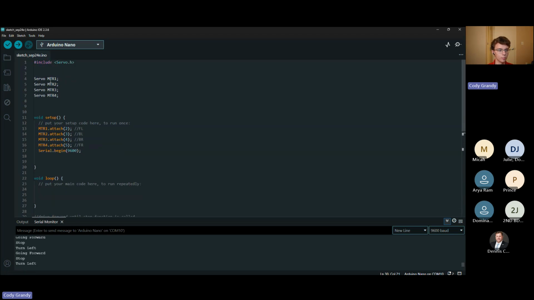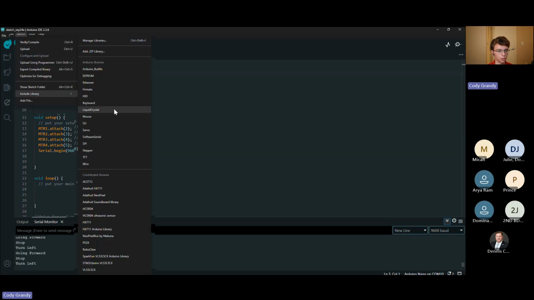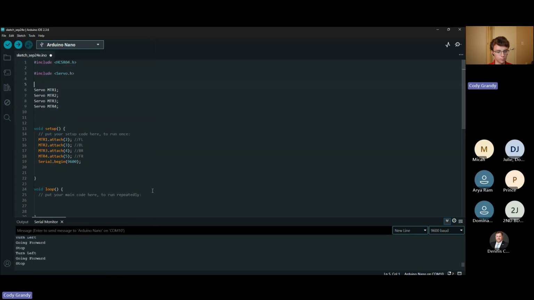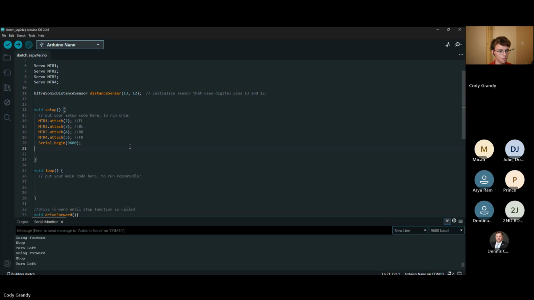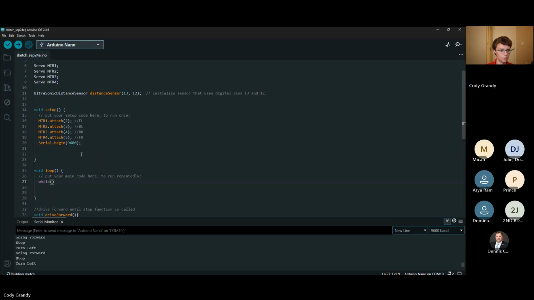So to do that, we obviously need our sensors. We'll include our library for our ultrasonic sensor. Like example, make sure I have the right one. So yep. Just copy and paste this in, then we'll initialize our sensors, and then in the loop, I have a while loop, and for example, while the distance,